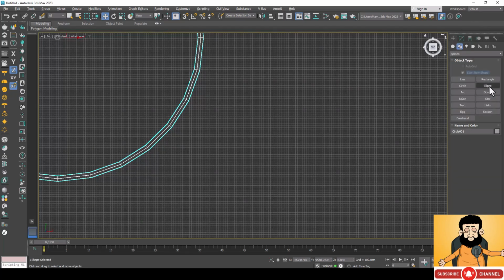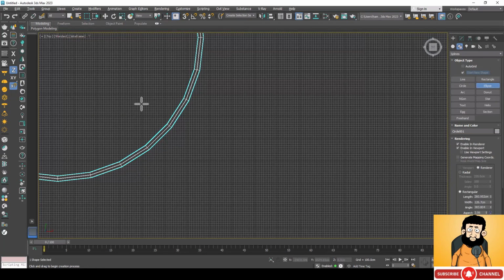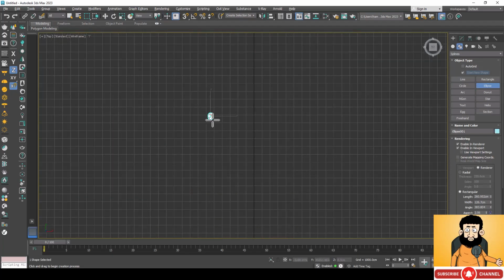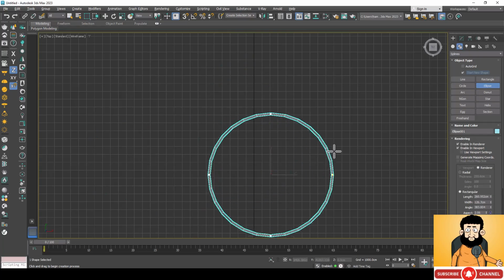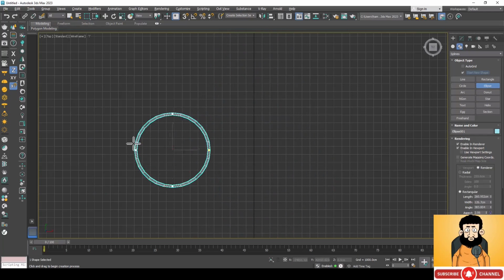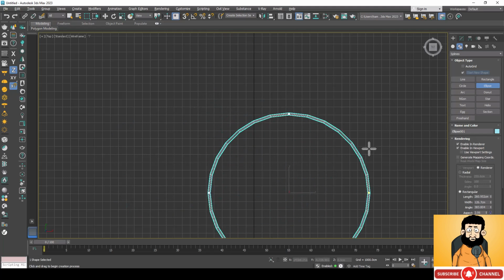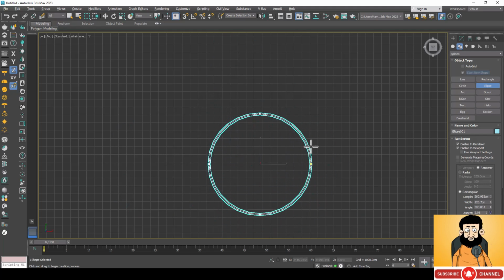So the next button is the ellipse, which we can draw a Bayesian with. I will go to the inverter. We can draw a Bayesian with it. And if we hold down the Control key, we can draw a circle. It does not have the Bayesian mode anymore. I turn the control key off and